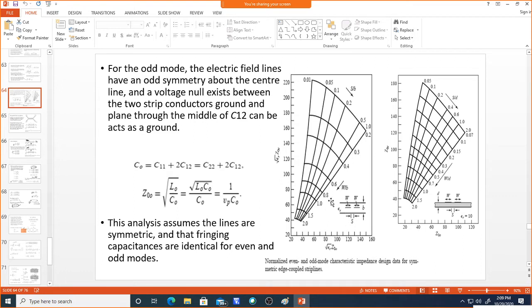So this is for the strip line case, and for the microstrip line case you have to use this graph for the epsilon r value of 10. Okay, so this graph is applicable only for epsilon r value of 10. Correspondingly you have to find out the even mode impedance and odd mode impedance. If you intersect both the even and odd mode impedance, you will get the corresponding value of spacing as well as the width of the single section coupled line.